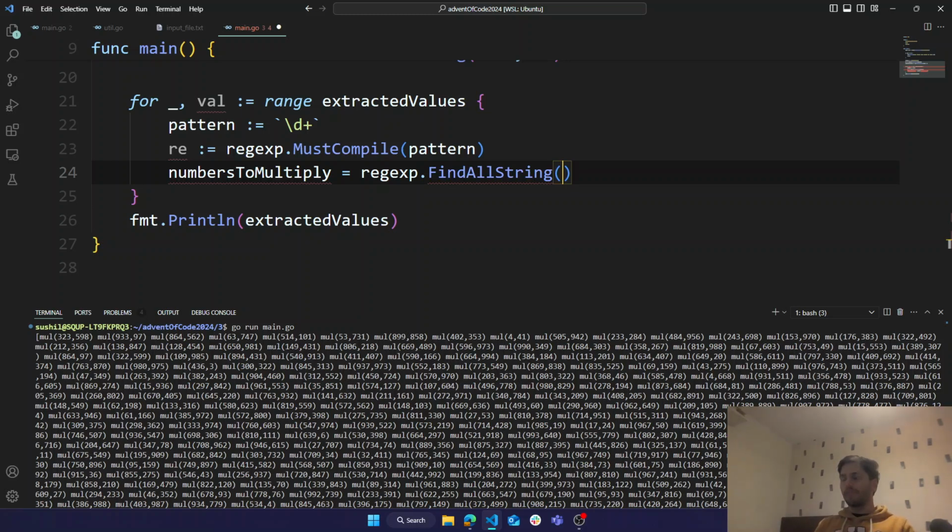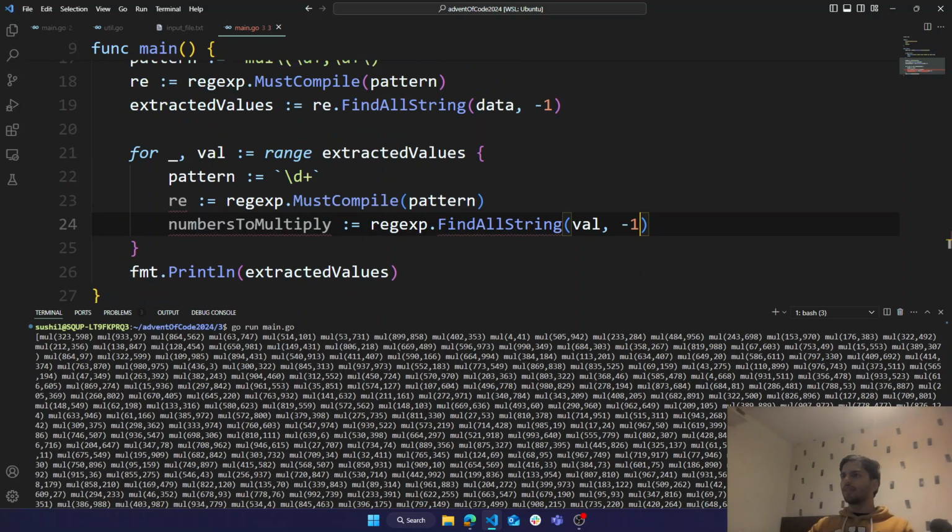This is going to be find string. We'll pass in our one. I'm missing something there. Let's go process.